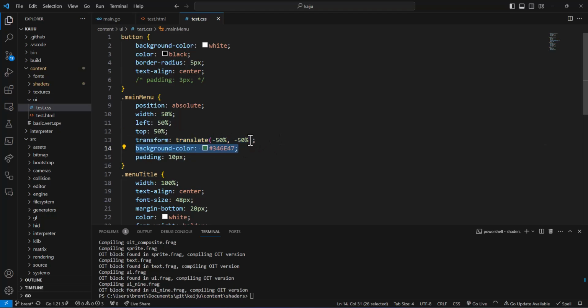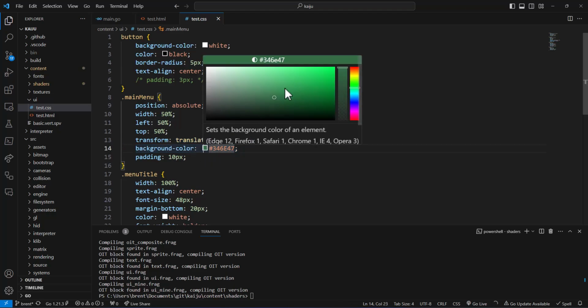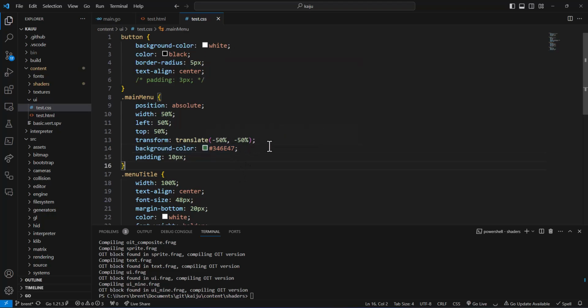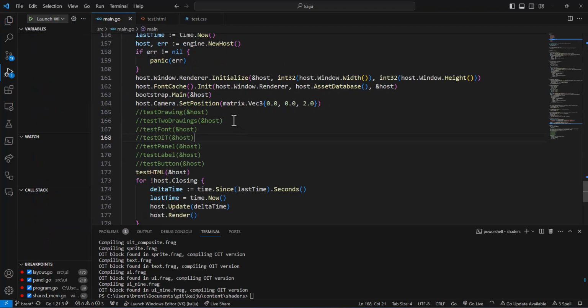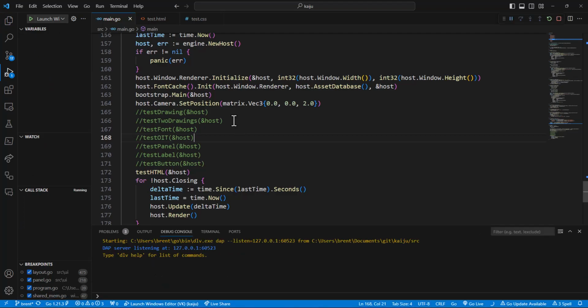Then we have a background color. It's like a green table, like a poker table, I guess, color. And then we have some padding around the edges of 10 pixels. So without further ado, we'll go ahead and run this, and we'll take a look at our UI menu with